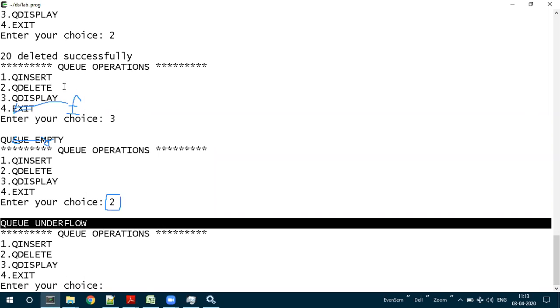Okay, now just try to answer the question here. I'm unmuting. Okay, now is this particular program execution understood? Yes, what we have done? We have inserted 4 elements and then we have deleted all those 4 elements. So the queue is empty now. Now tell me whether it is possible for us to insert further elements?